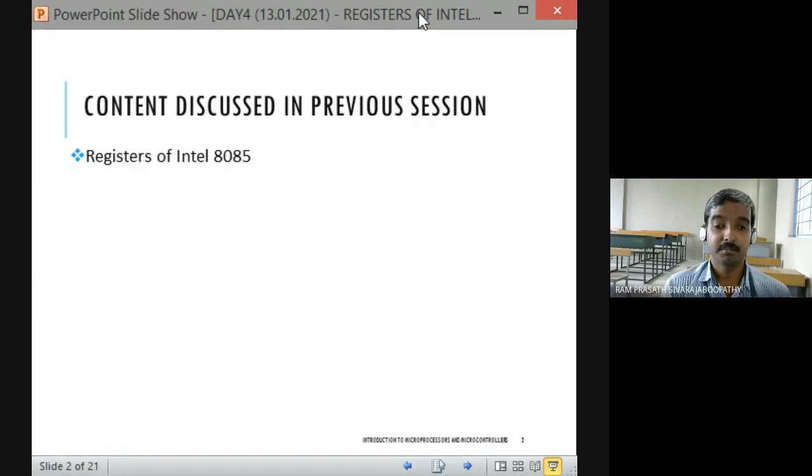A storage element inside the processor, to store the data or the address of the data. Fine, we need registers. That means